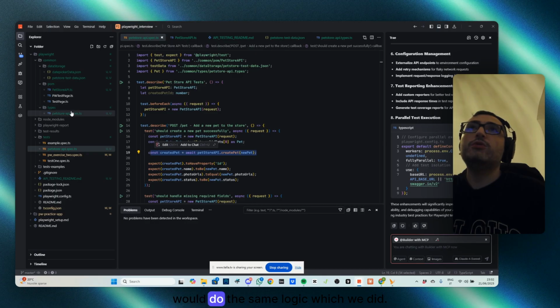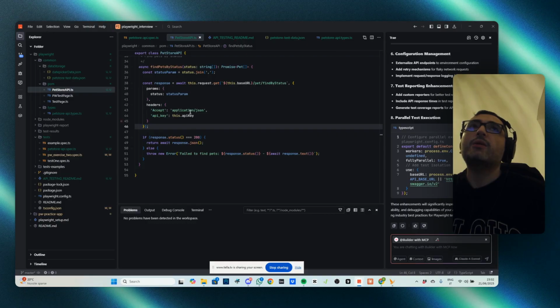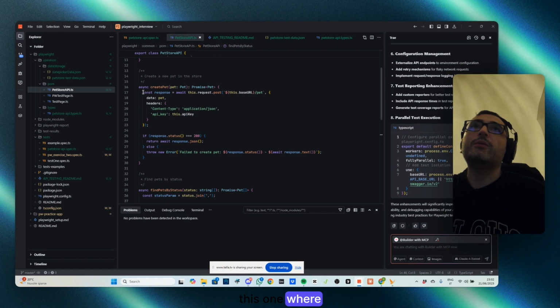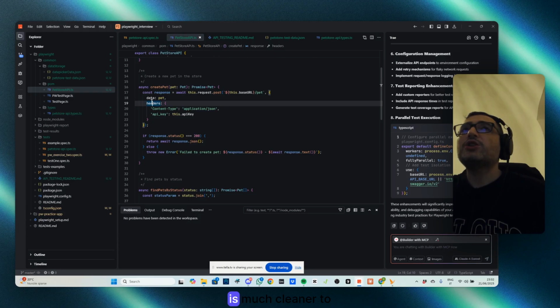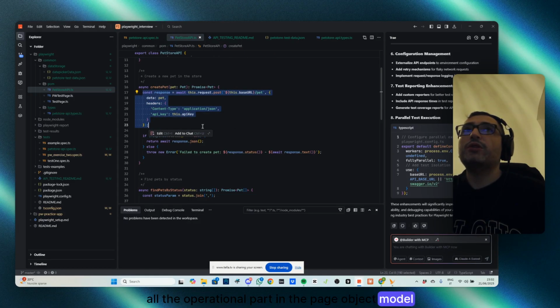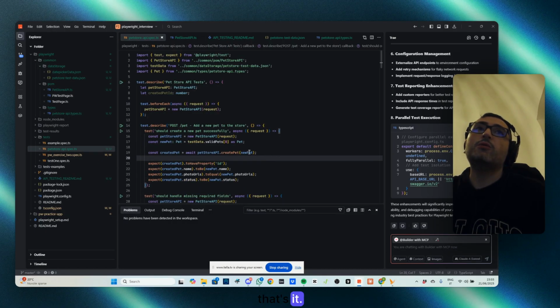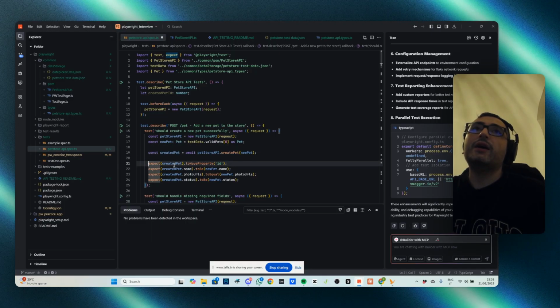Otherwise, here you would do the same logic which we did in the page object model, which was this one where we call the request.post. It is much cleaner to do all the operational part in the page object model rather than in the test right away. It is cleaner and is the best practice. So that's it. Once we send a post request, we can now check